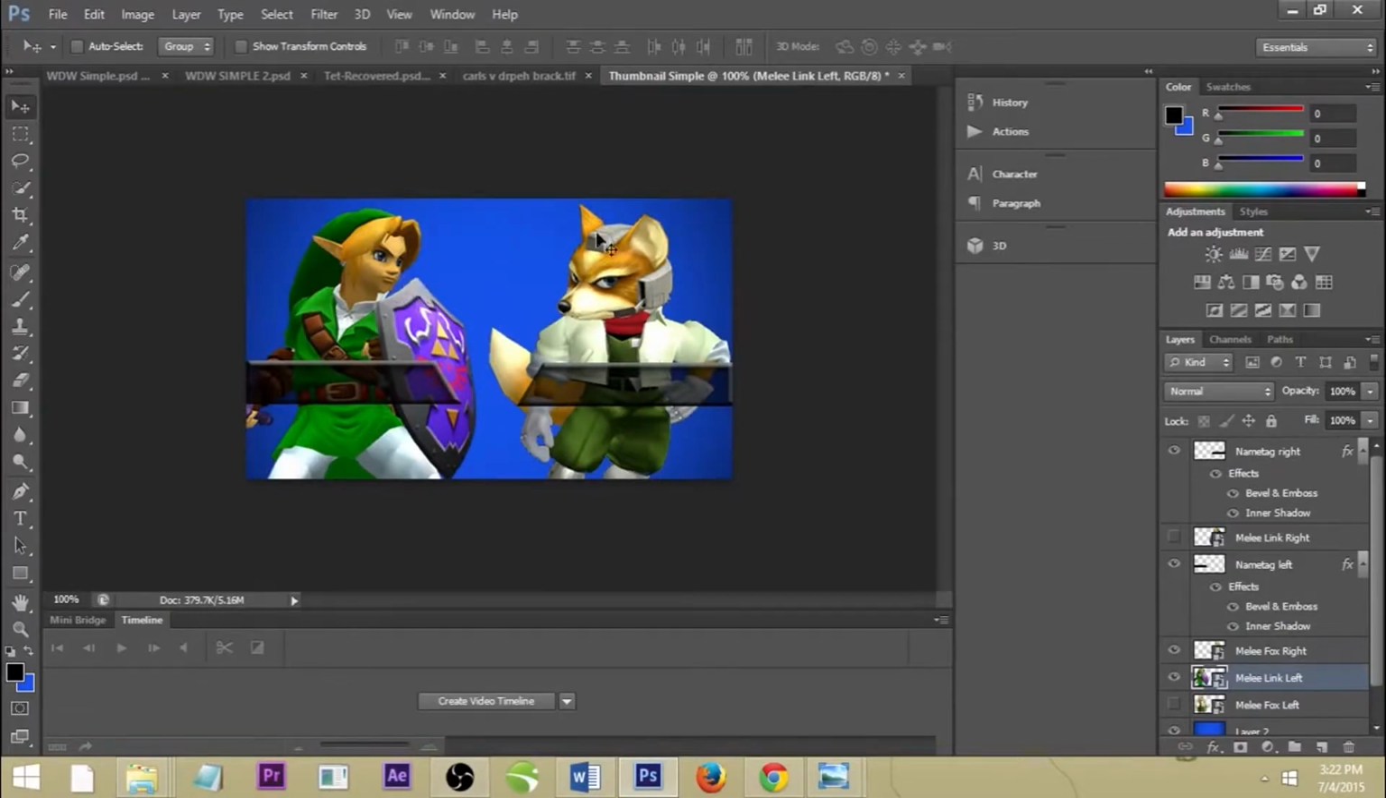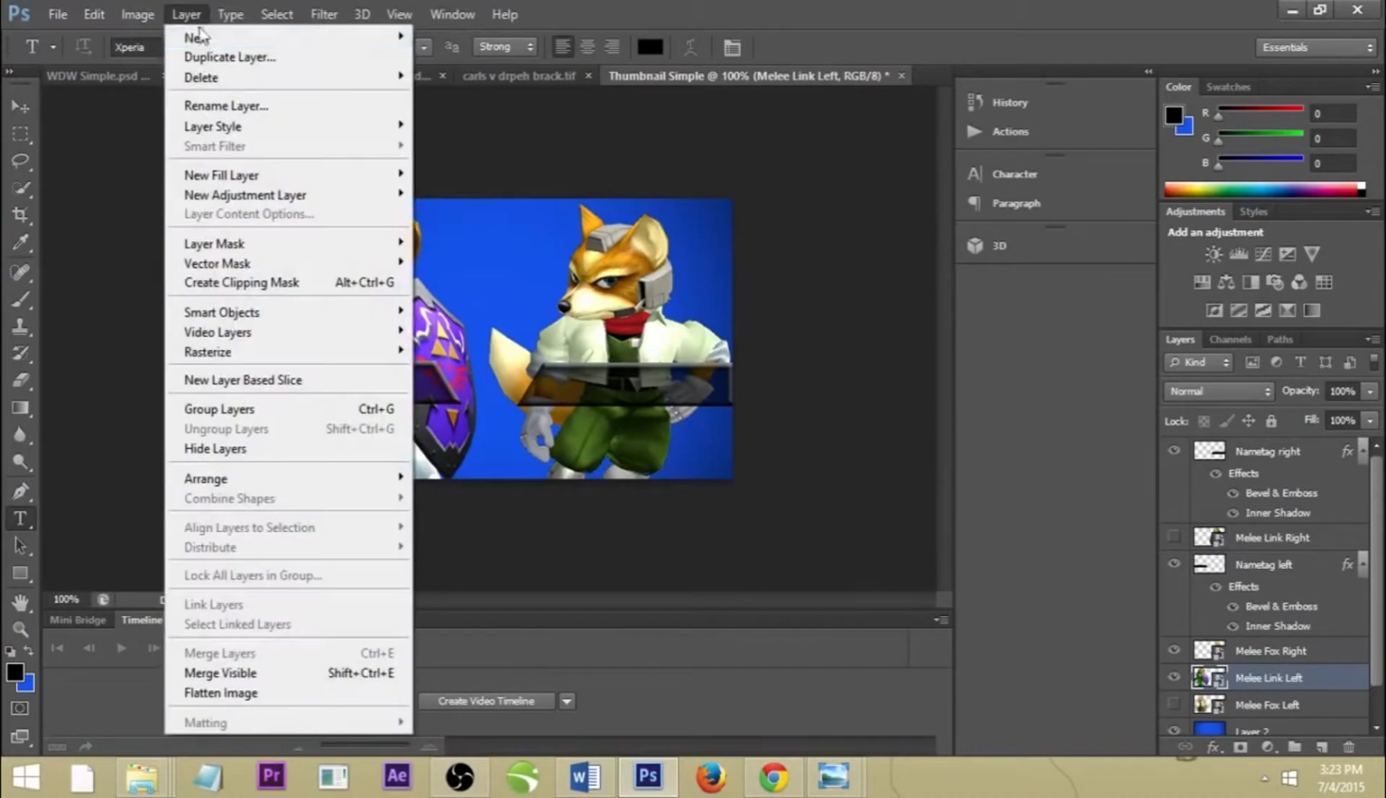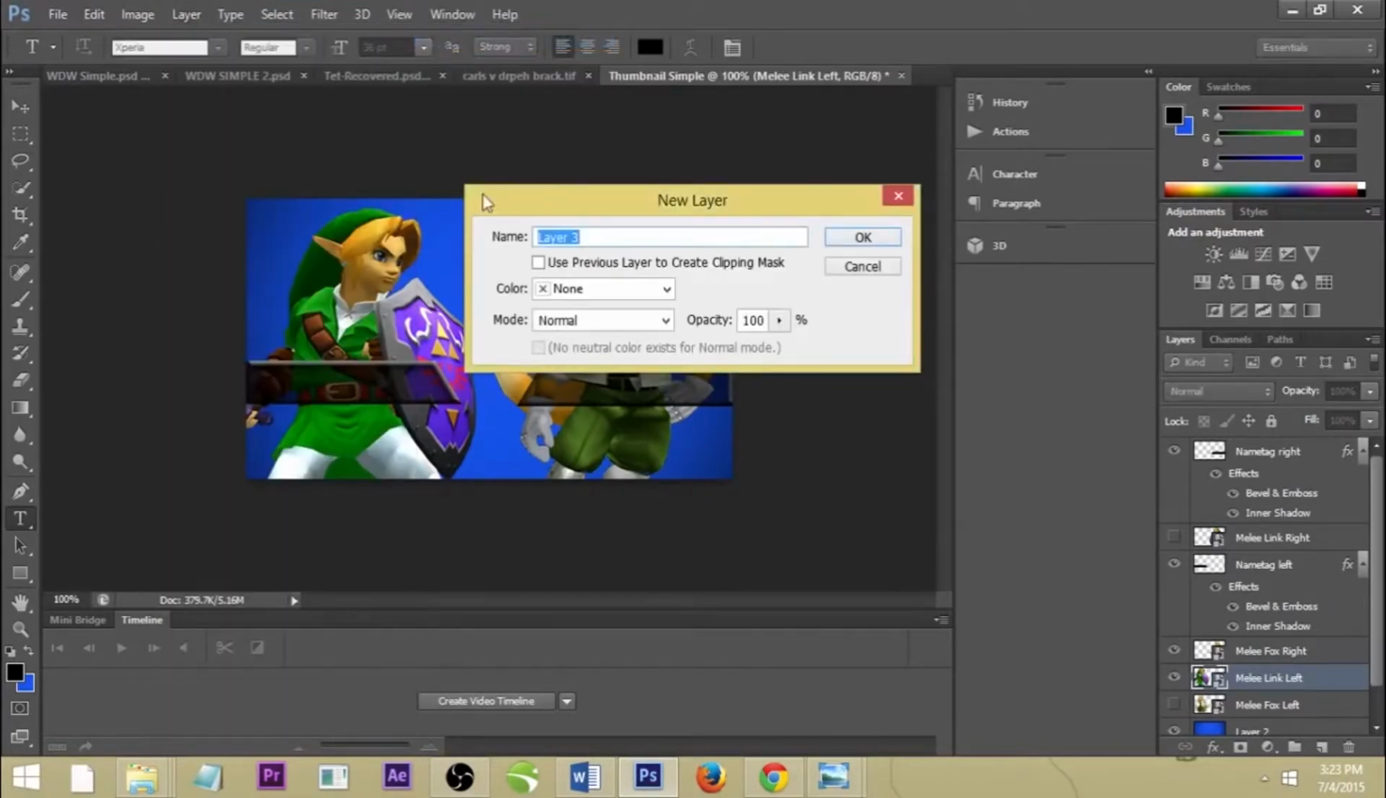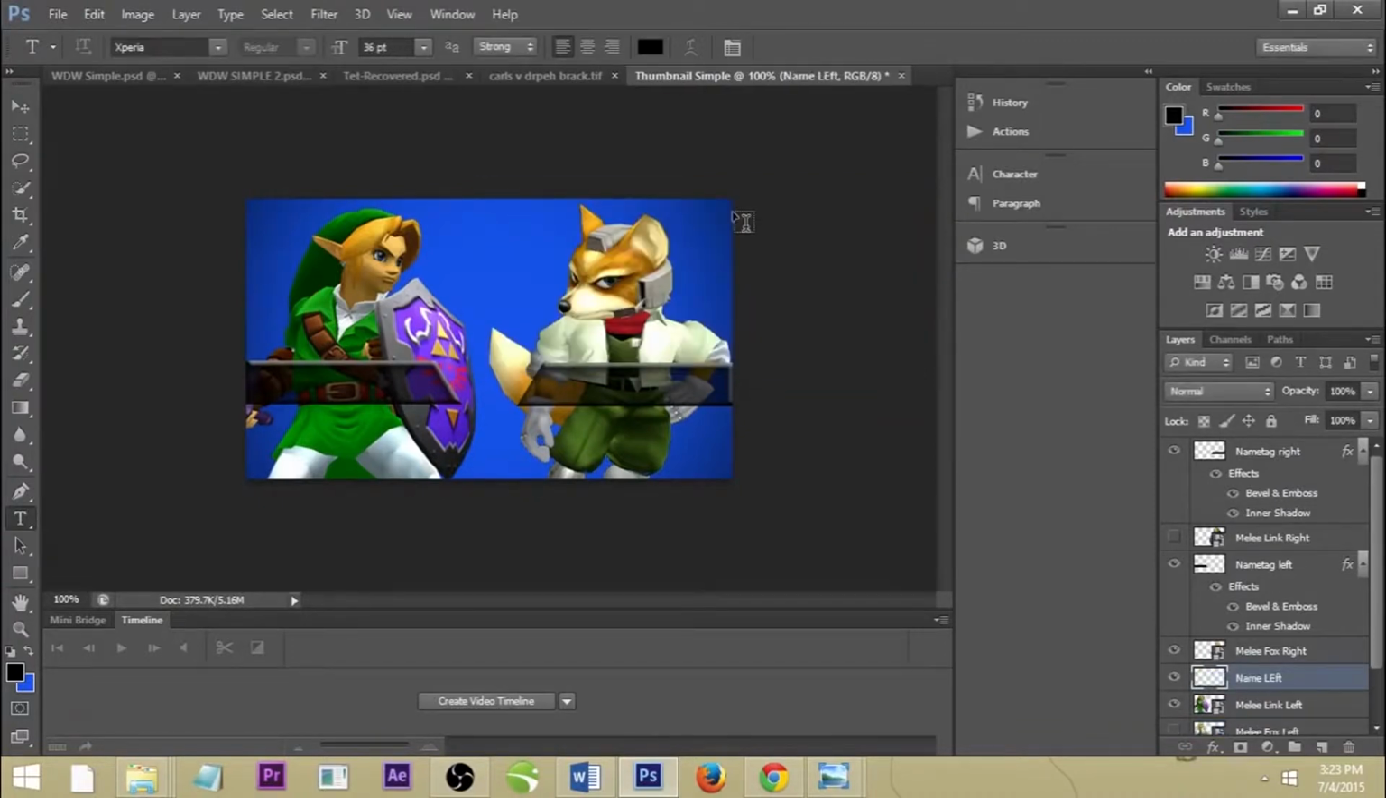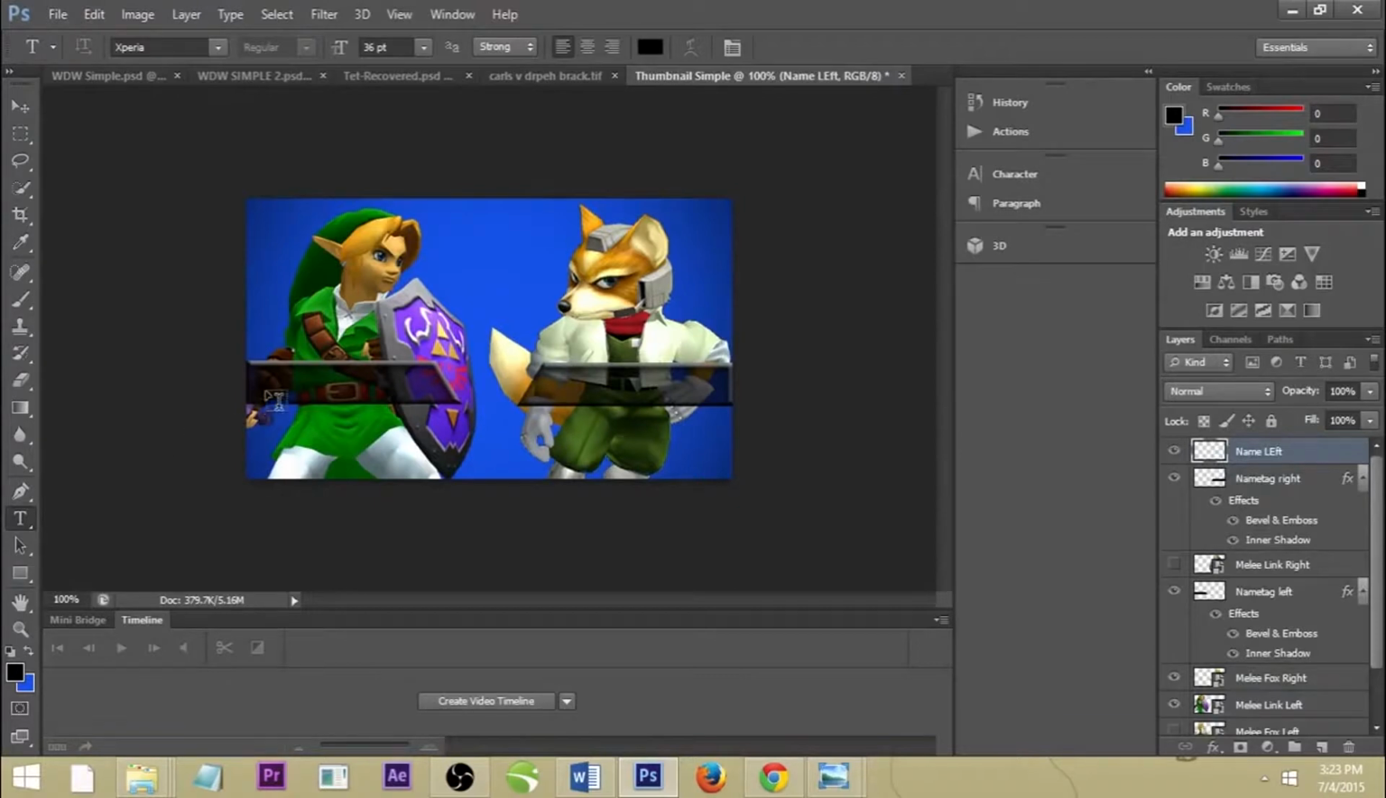So the next thing that we're going to do is we're actually going to put a name on these name tags. So we're going to choose the horizontal type tool, and hopefully it'll make its own layer, or maybe it won't. So we're going to make a layer, and we're going to call it name left. That's going to be where Link is. And we are going to click on it,